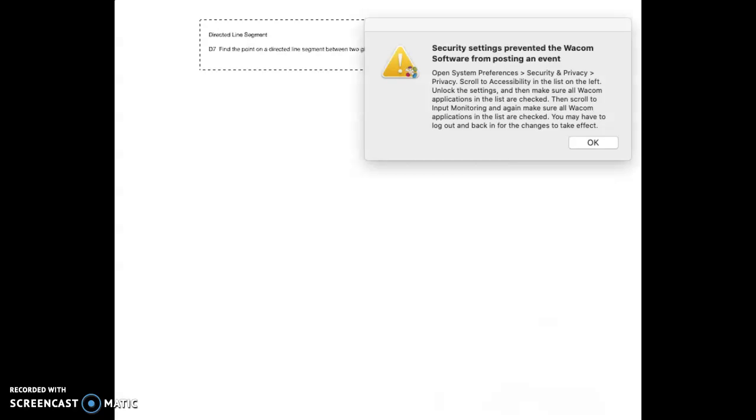So let's do it. Okay, so if you notice here at the top, we're going to be talking about directed line segment. Our standard is D7. Find the point on a directed line segment between two given points that partition the segment into a given ratio. So basically, folks,